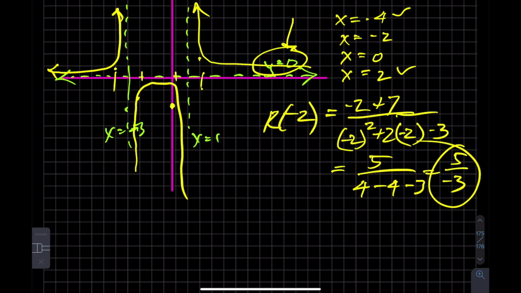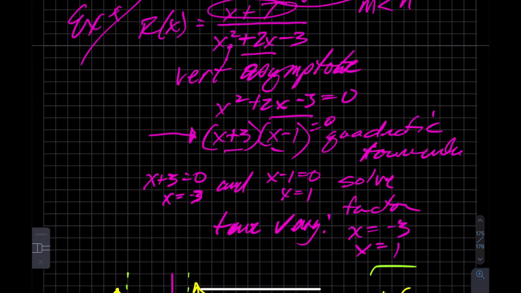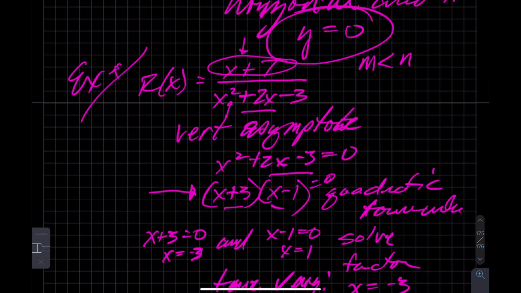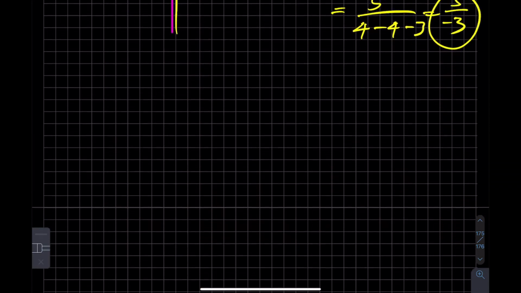Now, is it possible that we end up having something like this? Yes, but we're not going to give you problems that get all kinds of crazy, or at least too crazy. We want to make it as straightforward as we can in the context of doing this. So that's the second situation where the m is less than n. M is less than n. Okay? Now,